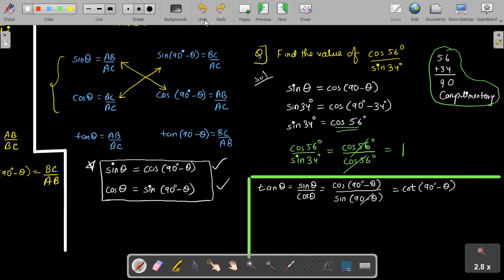It's an angle. It's like cos 30 degree divided by sine 30 degree, cos theta divided by sine theta. It is always connected to the cot, sine, cos. That is not separate that you will cancel it and write 1. So it is cot 90 degree minus theta. So we have one more ratio here which we know, that is tan theta can be written as cot 90 degree minus theta.